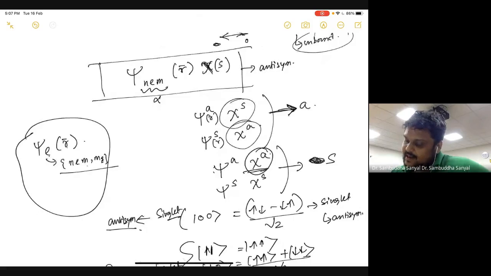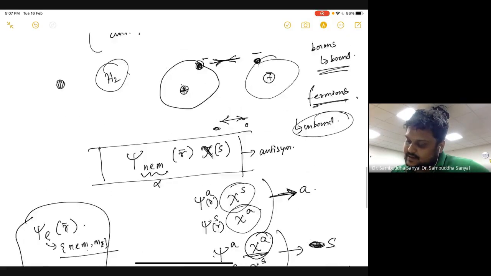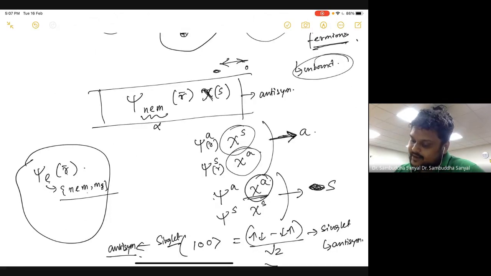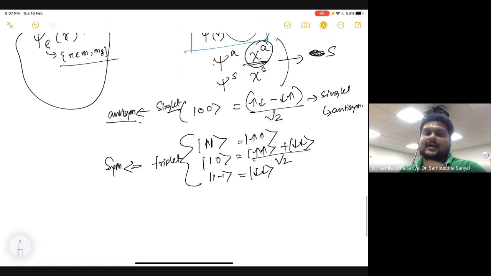So I want my total wave function, my spatial part of the wave function, to be bosonic, which means I want them to be symmetric in order for the molecule to be stable, right? So that can happen only in one way, which is this way. That means the only possible state it can happen when this part is antisymmetric, and if this part is antisymmetric, then this has to be a singlet state. So that means the total spin of the hydrogen molecule has to be spin 0, and that is indeed true.